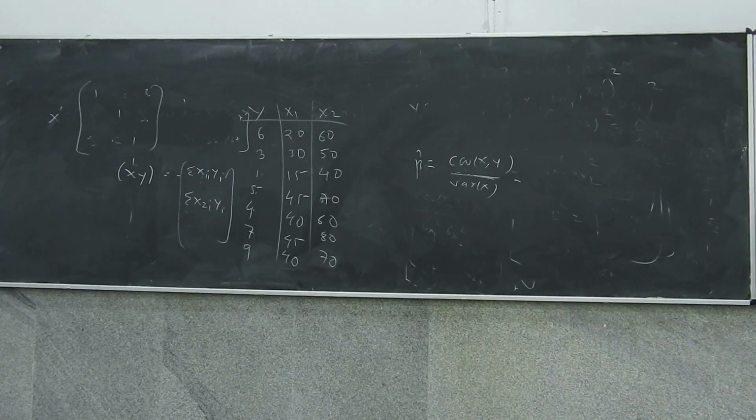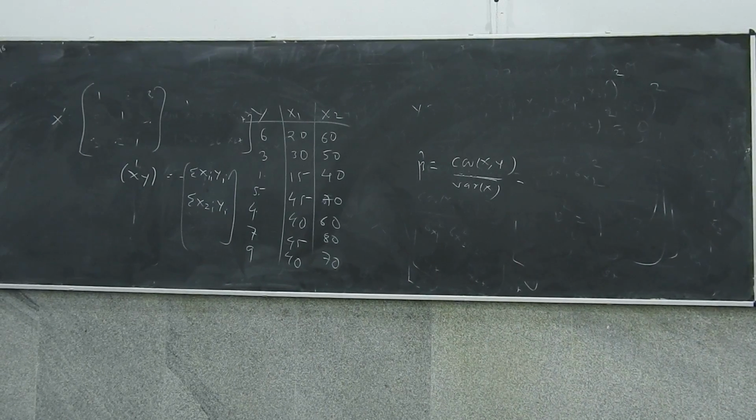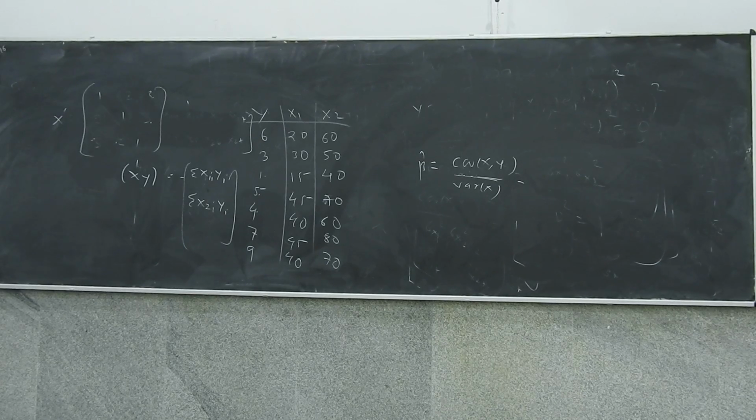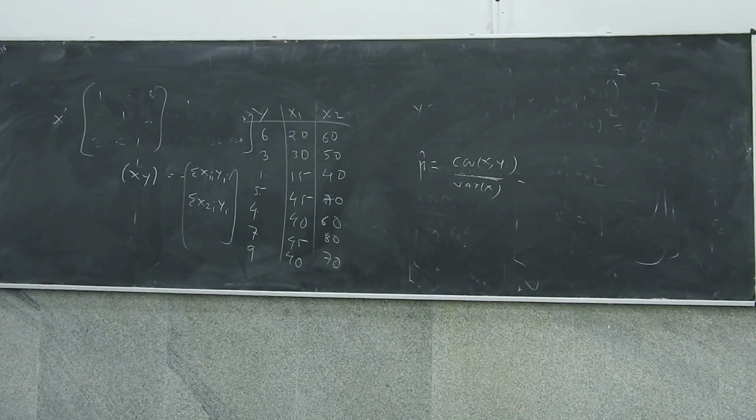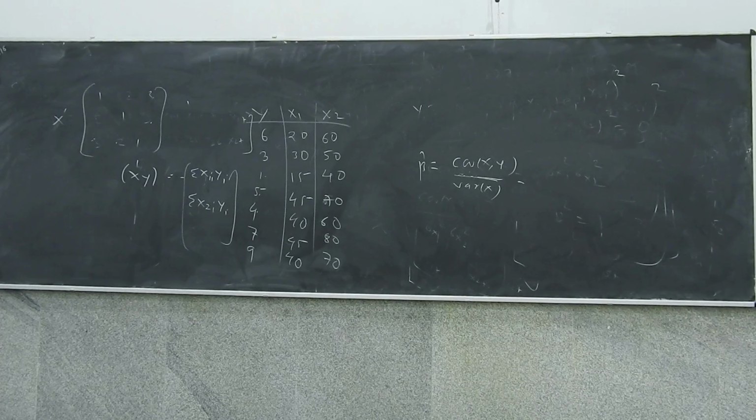What do you mean by the variance of x being 0? When is the variance of a set of numbers 0? When all the numbers are the same. So it says you cannot find beta because beta tells you how much y changes if x changes by 1 unit, but your x does not change at all, your x's are the same. So given the data points that you have, I do not have any information in the data.